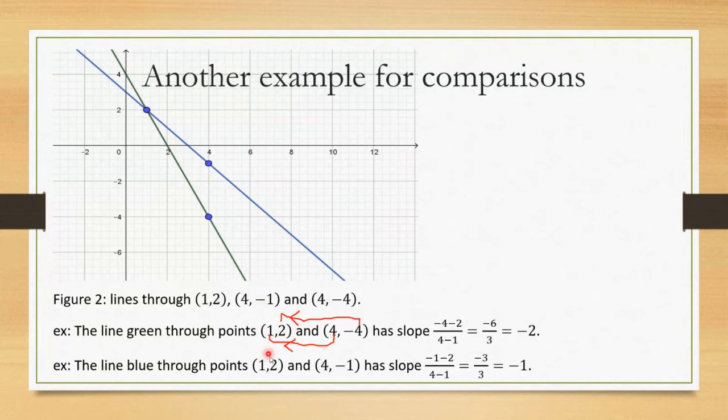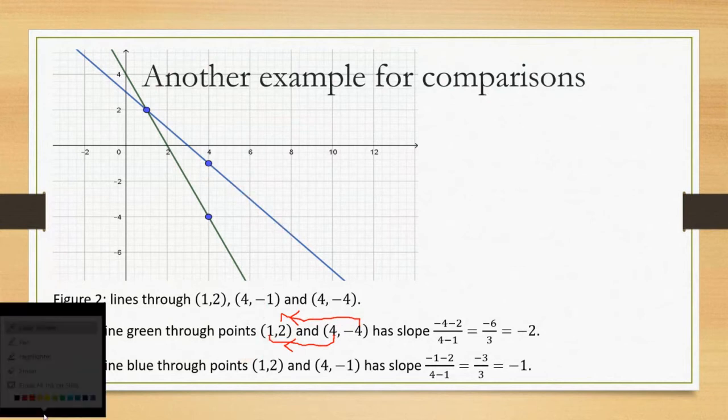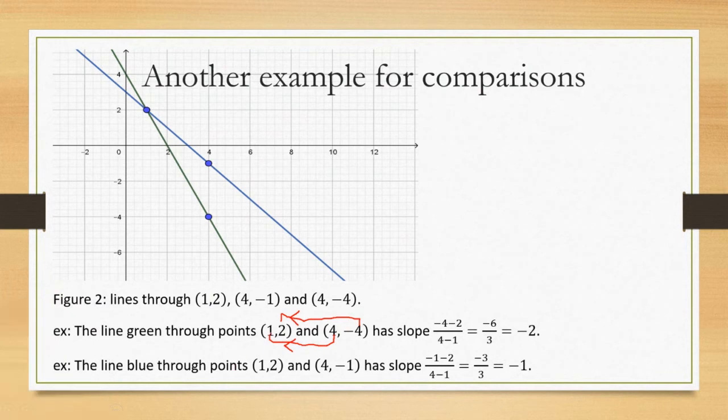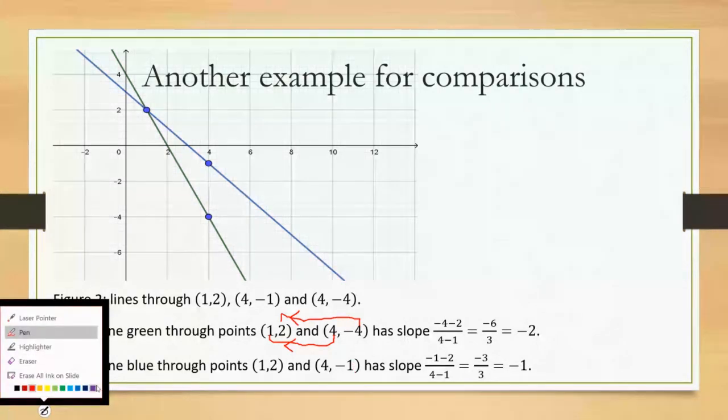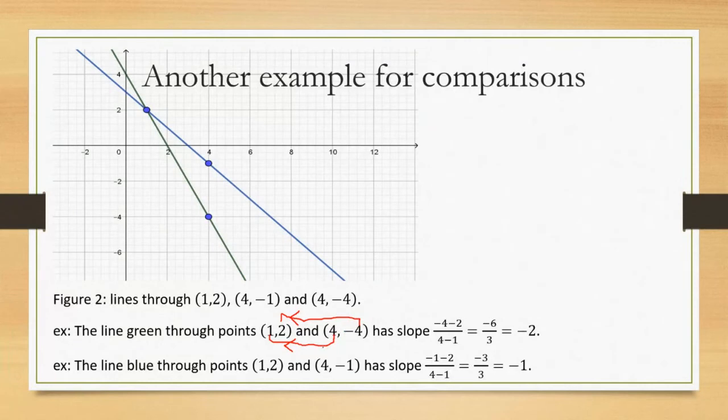Okay, so this line is going to pass through the points 1, 2, and 4, -1. So let's get the slope. Let me change the color a bit though. So now we have -1 - 2,